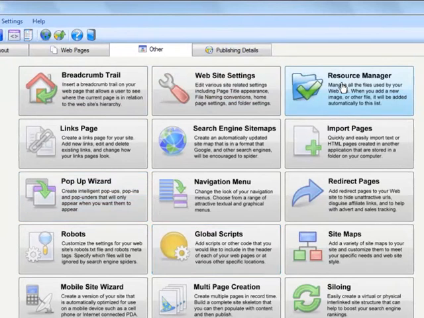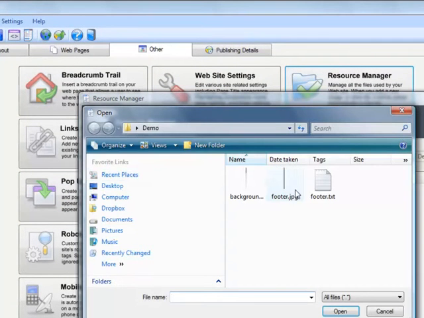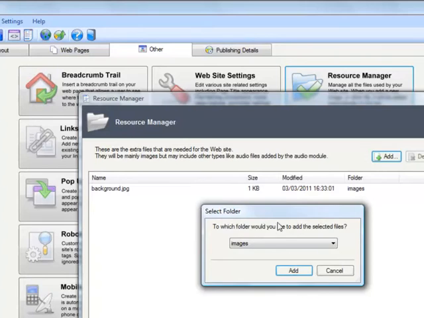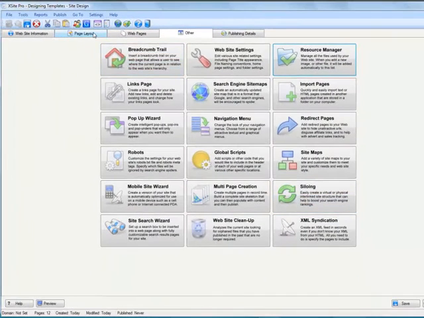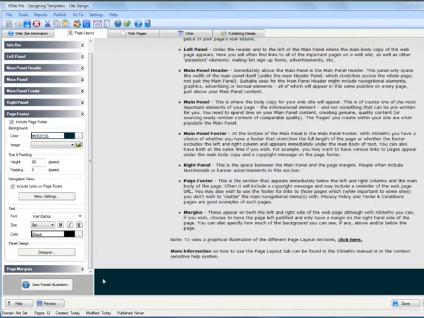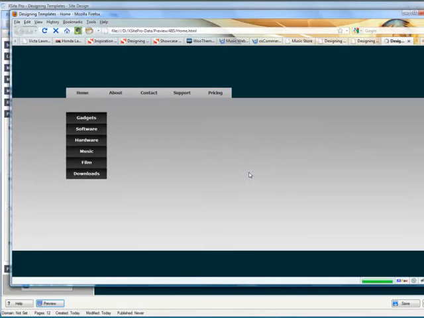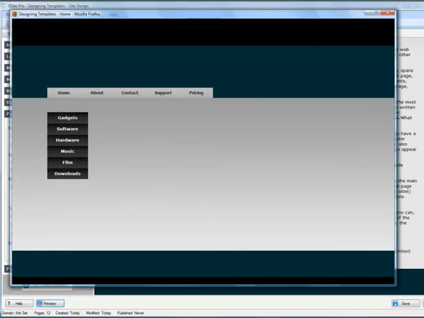drop back into Excite Pro and load the resource manager, click Add, add the footer.jpg file into my images folder, which is where it's being expected, and then drop back to my page layout, we should see that indeed there it is. The page footer is now spanning the full width of the page. So if I preview that one more time, that's an exclusive for you. You can see that no matter how wide I make this window or how narrow, that page footer sits there